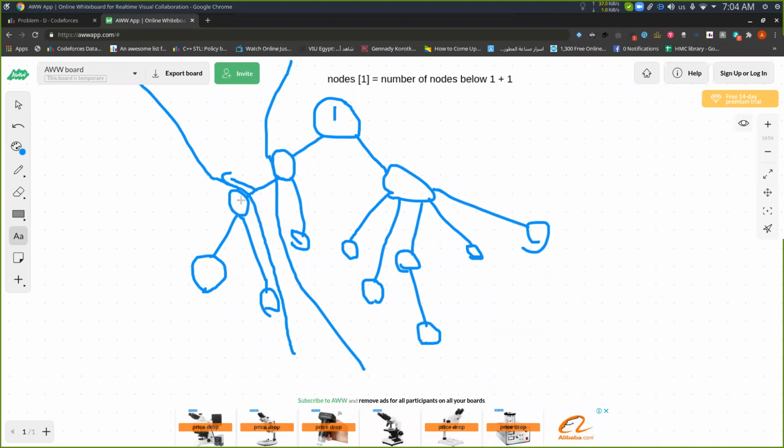So for this edge, to get the number of nodes below it and above it, after doing that DFS and storing nodes of x, we will get the number of paths by saying nodes of x, which stores the number of nodes below x and containing x, will be multiplied by the upper nodes, and the upper nodes can be gotten from nodes of 1. So nodes of 1 is clearly all the number of nodes minus